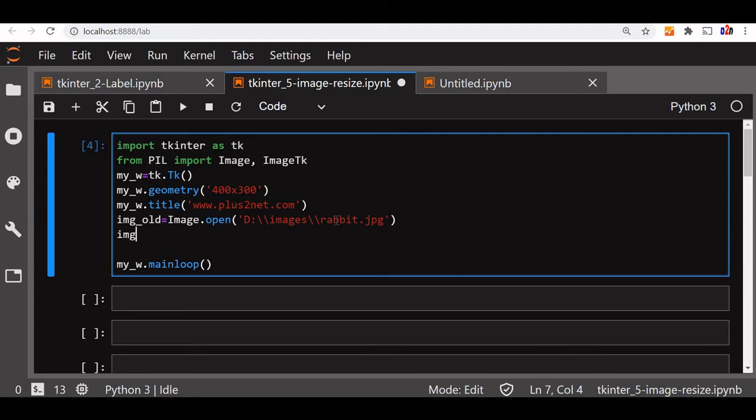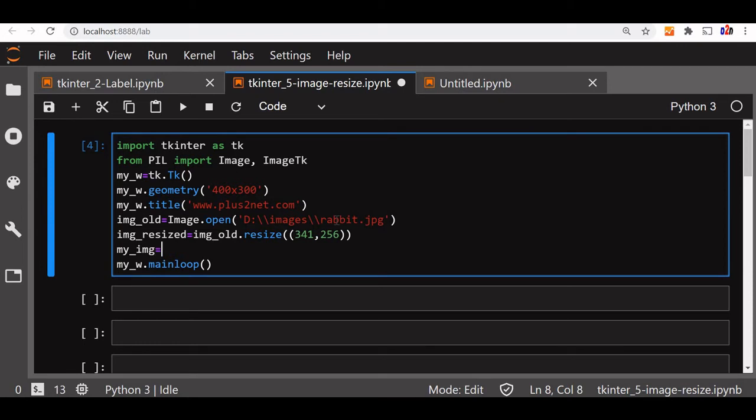So let's call it image_resized. Now we'll use image_old, the image we have just created, the object, resize. Now I am giving the dimension. I have manually calculated to maintain the aspect ratio, but next we'll see how to read that and manage it. I am just giving the proportionate values by reducing it to 1/3. 341 is my width and 256 is my height. So this is my resized image size. That's all. Now let me create it.